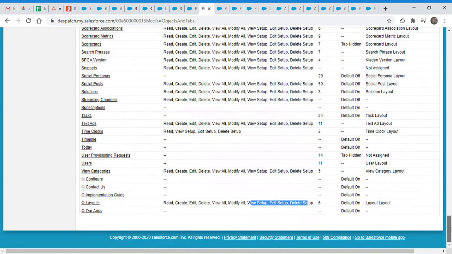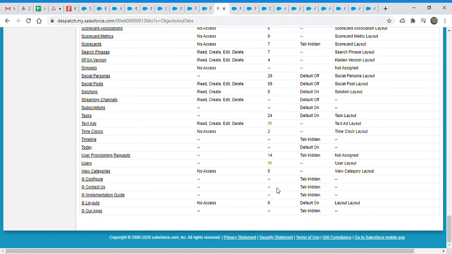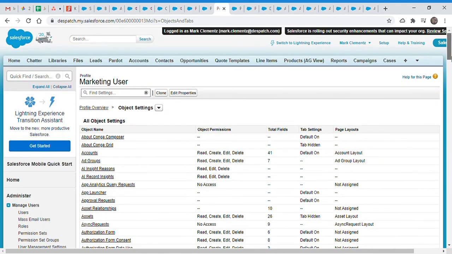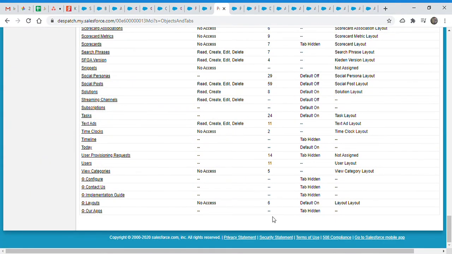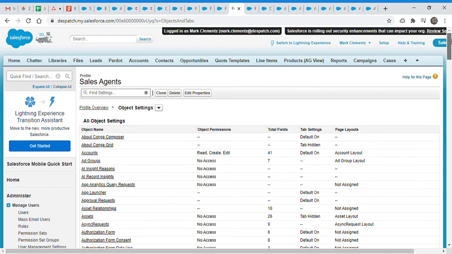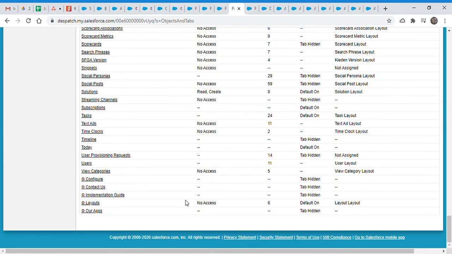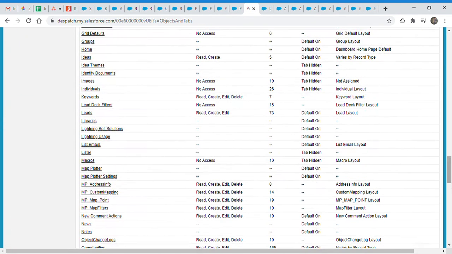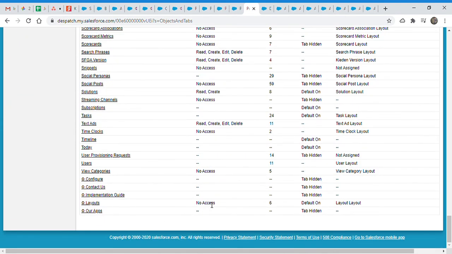So for system administrator, everything is on. But for marketing user, it does not have any access for layout. Similarly, this one is sales agent. Sales agent also has no access.